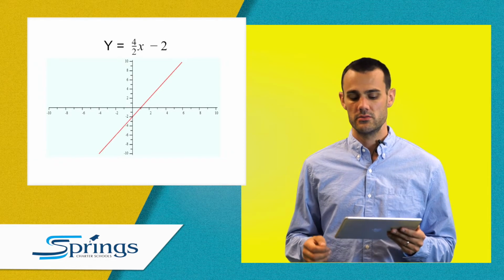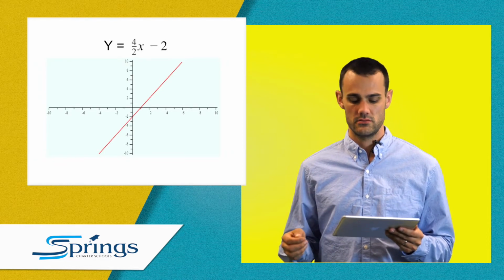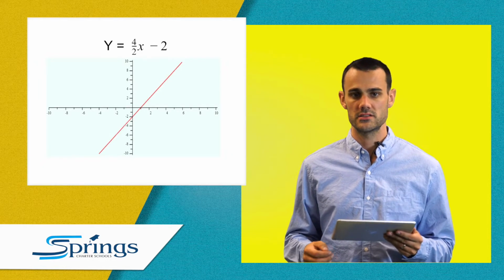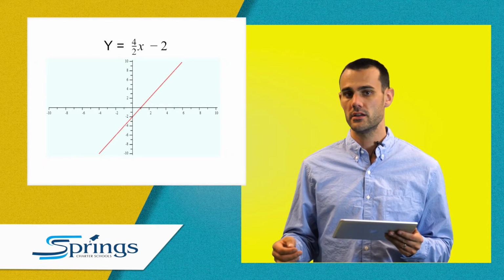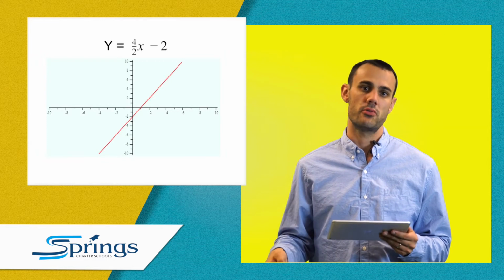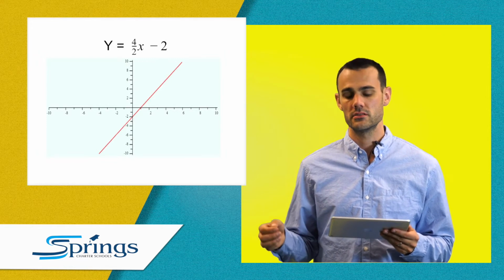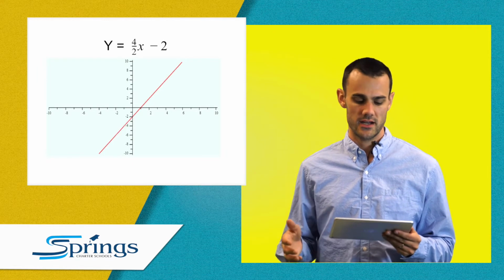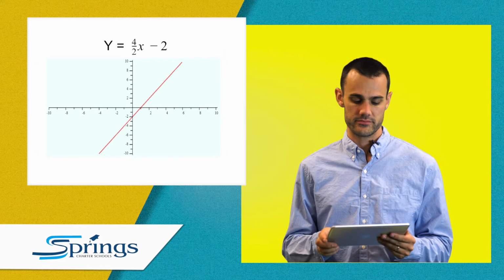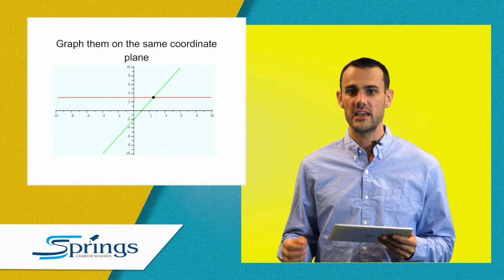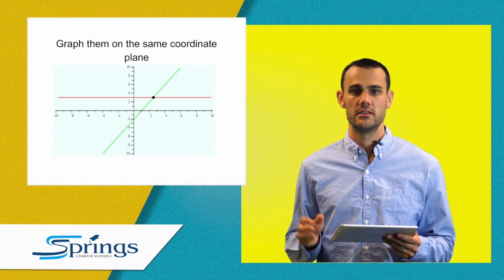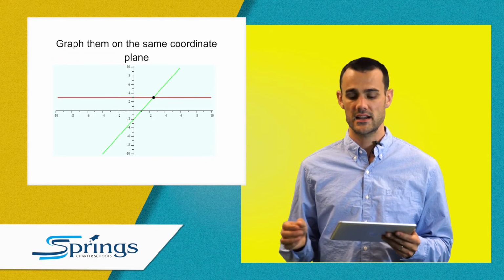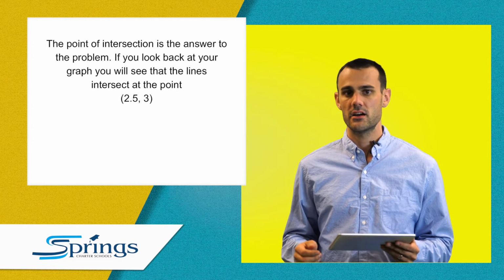Next, we've graphed y equals 4 halves x minus 2. Our y-intercept is negative 2, so we start right there. Then our slope tells us to go up 4 spots and over 2 to the right, and drop another point. From that new point, we go up 4 spots and over 2 more to the right. That's enough points on our graph for us to connect that line and get a nice image of what that equation looks like. When we place them both on the same graph, we can see that they cross. That's what we want to see. We want to make sure that those equations are crossing, and where they cross is our exact answer. In this case, it crosses exactly at